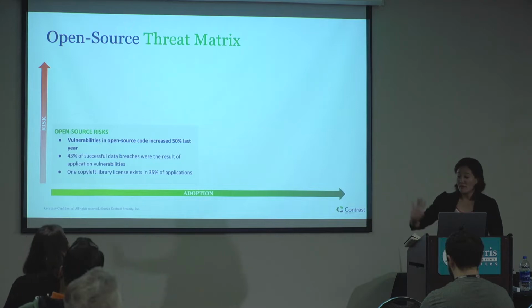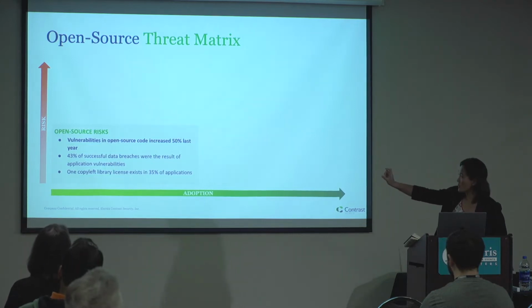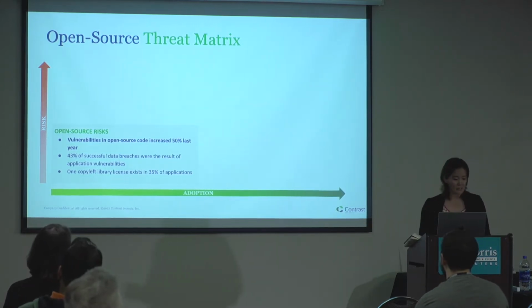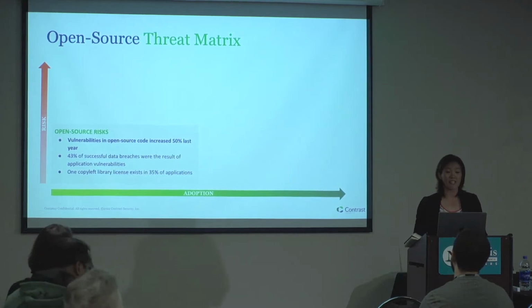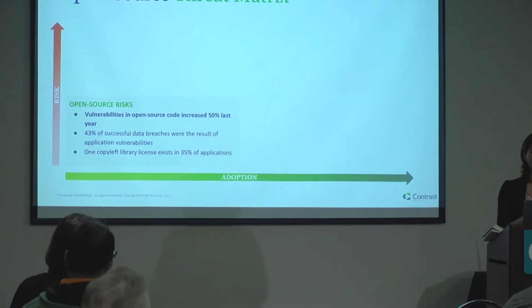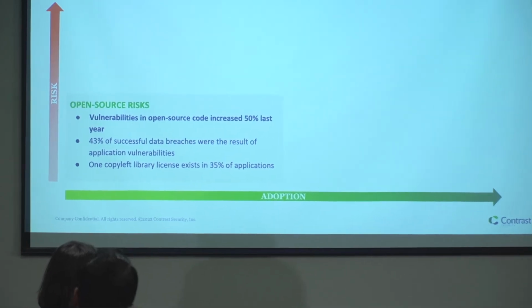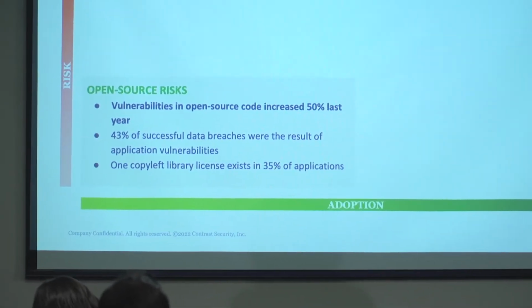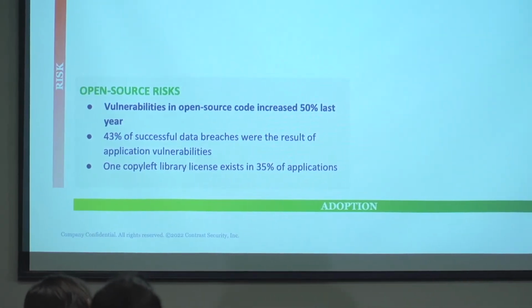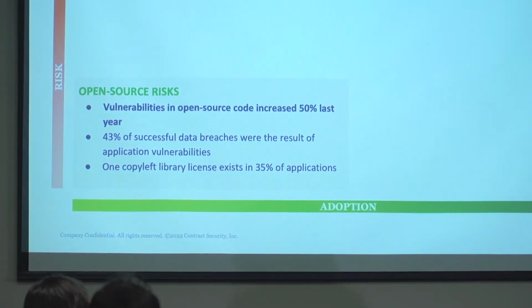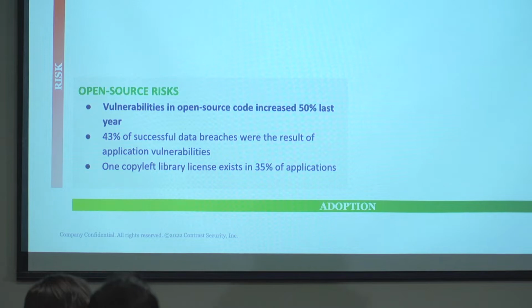I'm not going to read this whole thing. But just that bold one, I want to call this out. Vulnerabilities in open source code increased 50% just last year. And who can tell me the number of CVEs that are actually published or sent to the public CVE places every day? Who can tell me that? Just guess. Less than 10? 15. Ooh, close, not that close.